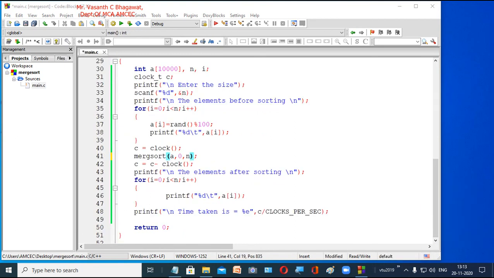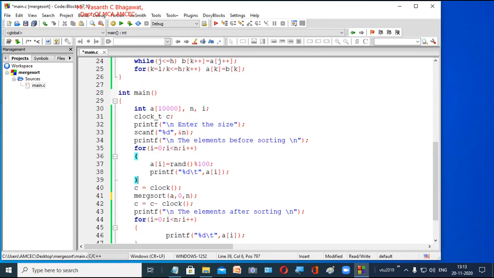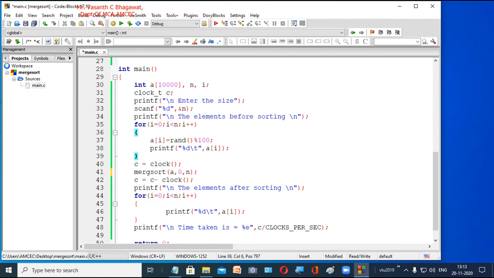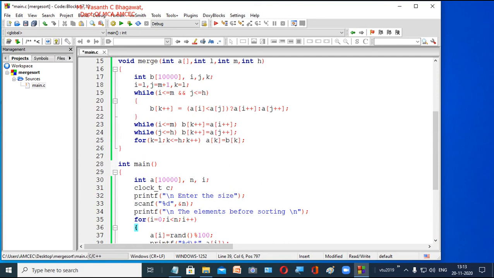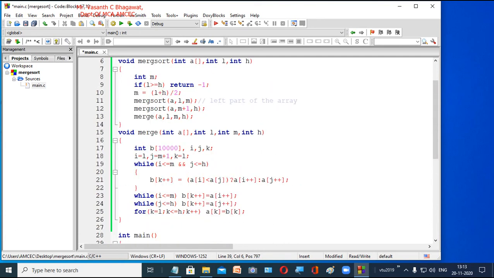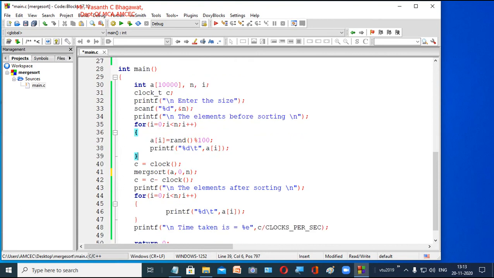Okay, see here, what was the problem? One number was displaying less, right? Because sorting is happening properly, there is no problem in sorting, so we need not look into these functions. Now let us look here. So when you are sending the arguments for your merge sort, A is your array, the starting element is 0 and the ending element... now you see here, what is our ending element?